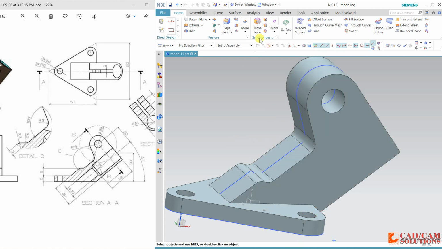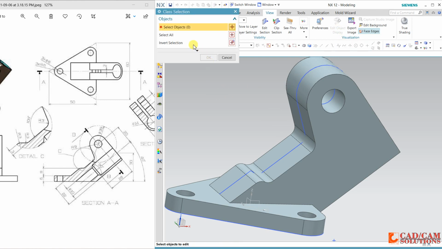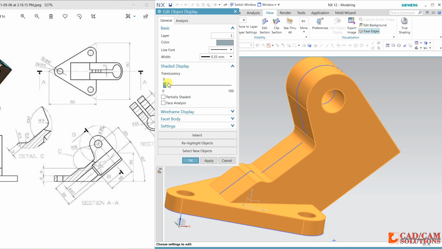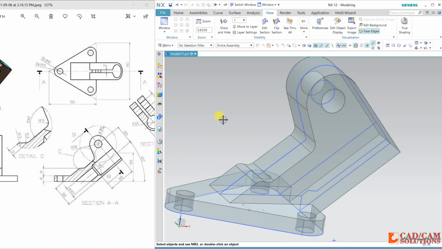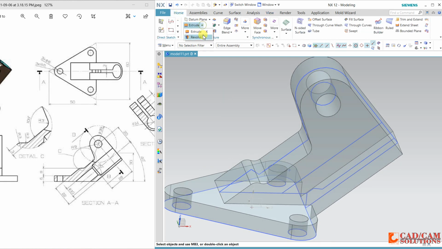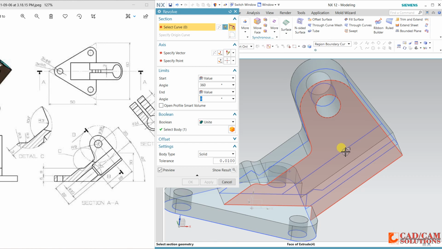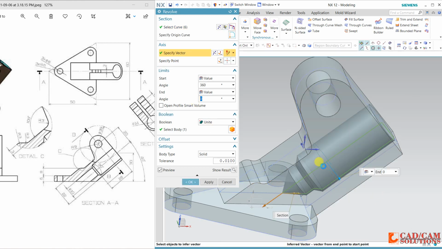Hide this solid, or we can do one more thing. Make it transparent, so that the internal curve will show properly. Now select the revolve command, because we want to cut this, and here we have the bounding region. Click this sketch, and the vector is this line.